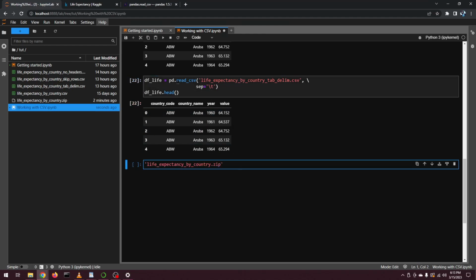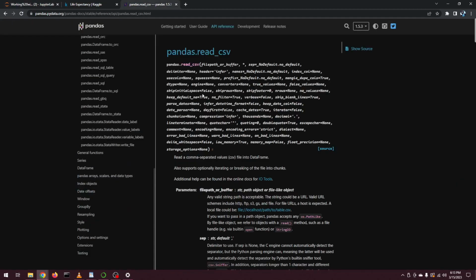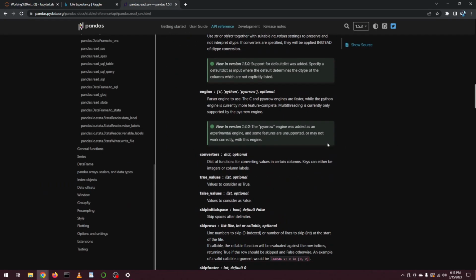So this is our file name, and all we need to do to read this is actually just treat it kind of the same way as the CSV files. You pass it in to read CSV, and it just interprets it correctly. So if we take a look, just to get comfortable with documentation a little bit,